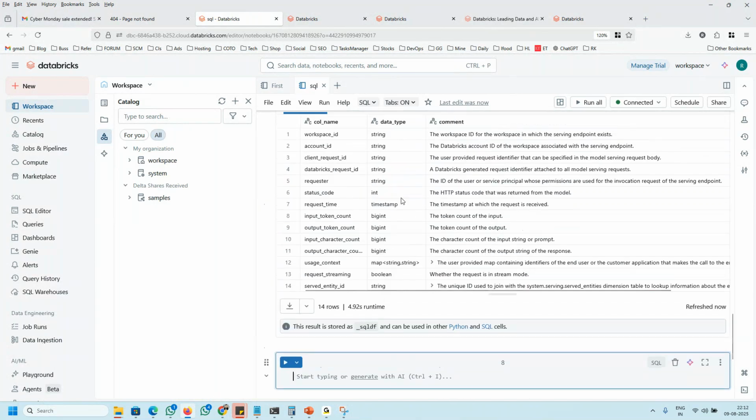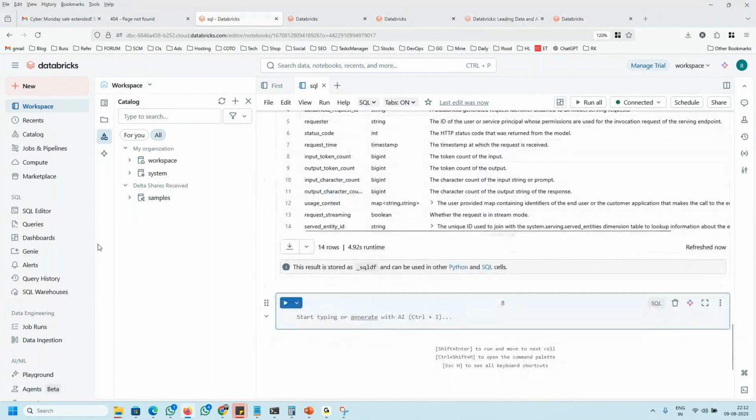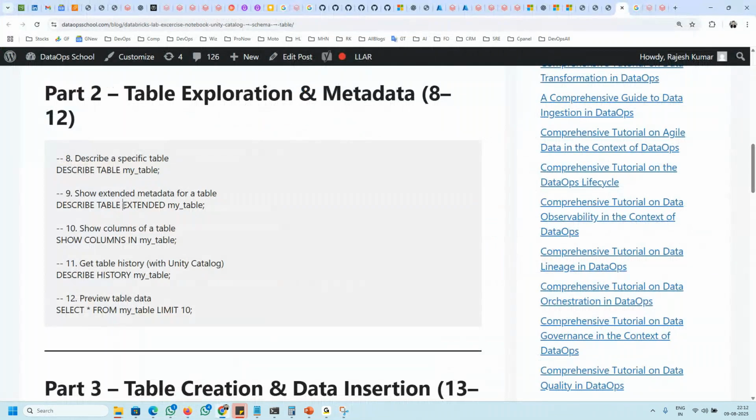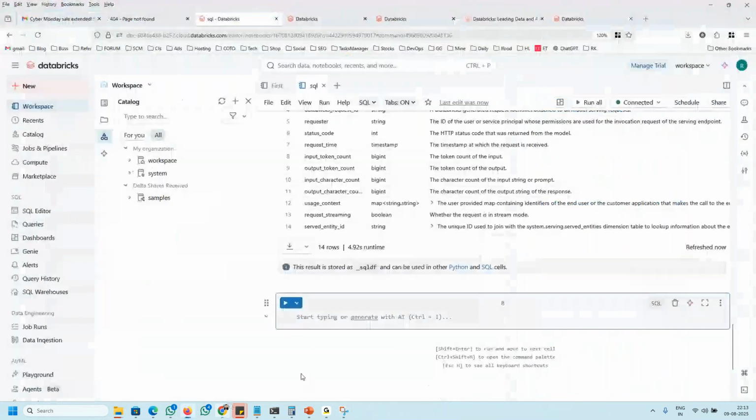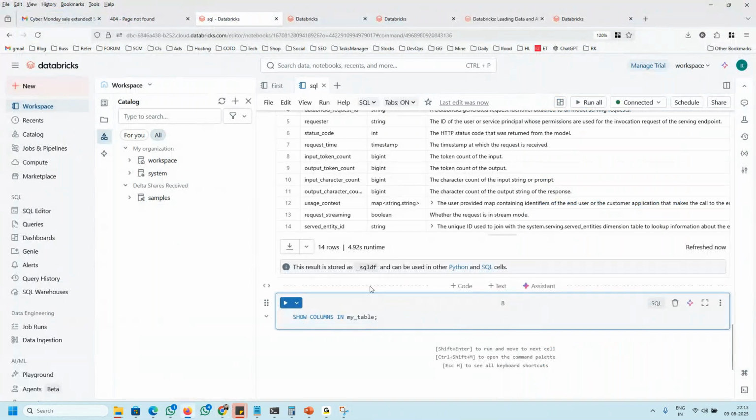And this is the complete data you have here. Now describe a specific table. If you want to see the extended view of the table, you can do that. If you want to see the columns in the table,